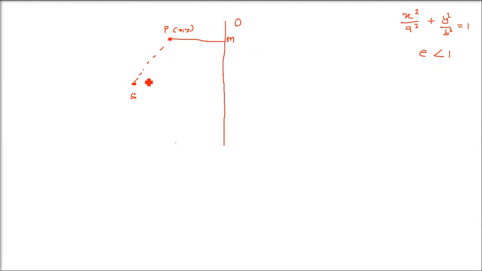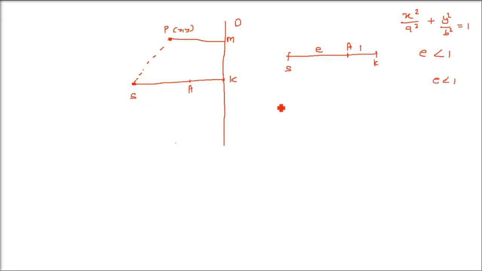So how to do this? We have to do some constructions. So I am drawing a perpendicular from S to this directrix line. I call the foot K. Now this SK, we will divide internally in the ratio e is to 1. Please remember, e is less than 1. It will be 1 by 2, 1 by 3, like this, 1 by 5.